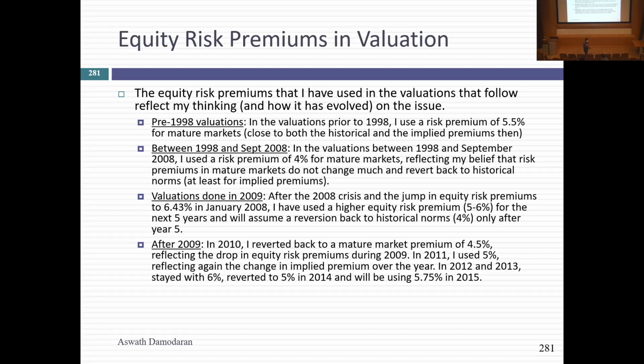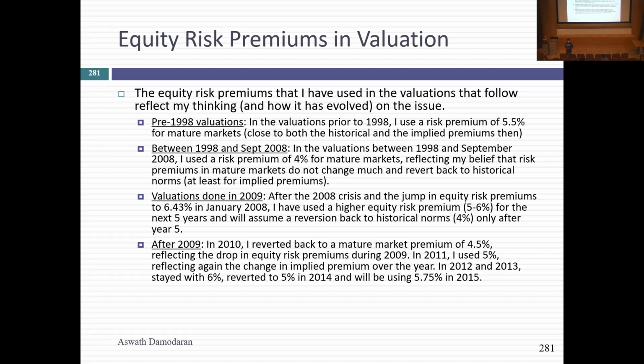So as we go through these company valuations, I'm going to save myself a little trouble. Some of these valuations are 12 years old, some are 7 years old, some are 3 years old, some are even 20 years old. There's an Amazon valuation, 2001. In every valuation, I need an equity risk premium, right? You're going to see that number shift over time. And I'm going to tell you how it's going to shift. It's based on my implied premiums over time. So as I go from 2001 to 2006, 2009 to 2012 to 2022, you're going to see my equity risk premium shift. And you're wondering, where do those numbers come from? They come from my implied equity risk premium calculations at that point in time.